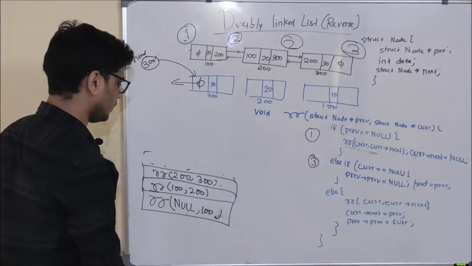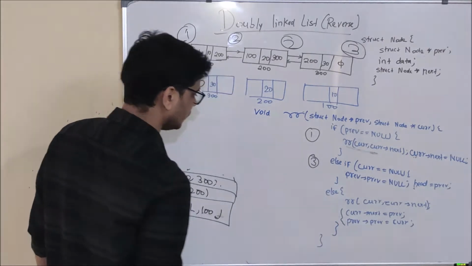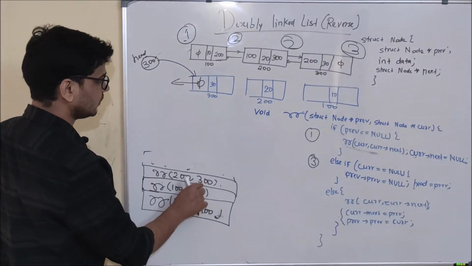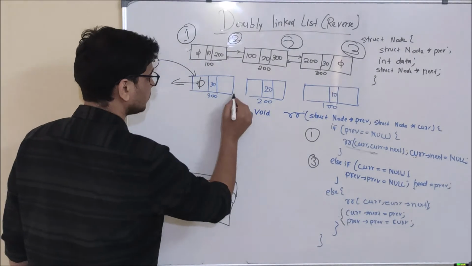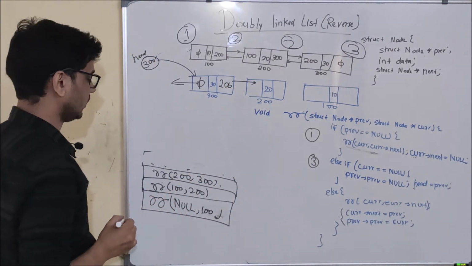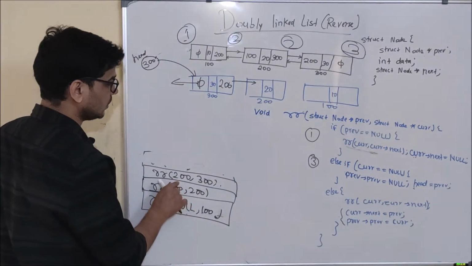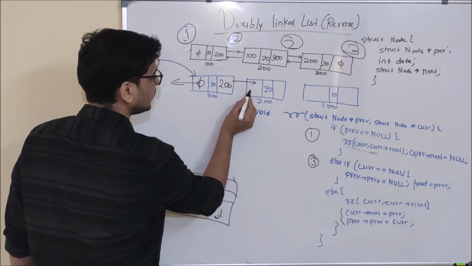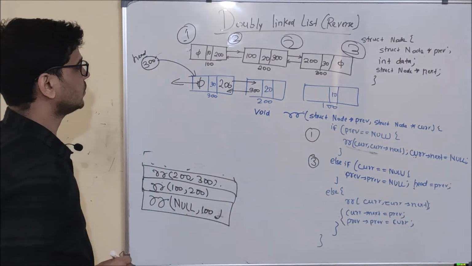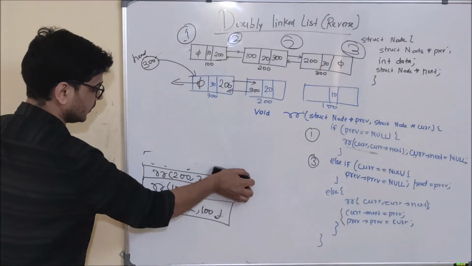And what is going to happen? Reverse recursive 200 comma 300 is going to execute these two lines of code. So what it is going to do? Current dot next equal to previous. Current is 300, so current dot next equal to previous. That means here I will update 200, and this link node will start to point to this particular node. And next time what I will do? Previous dot previous equal to current, and what is previous? 200. So its previous will be equal to current, and what is current? 300. So I will update 300 here, and this node will start to point to this particular node, that is node starting from memory address 300.